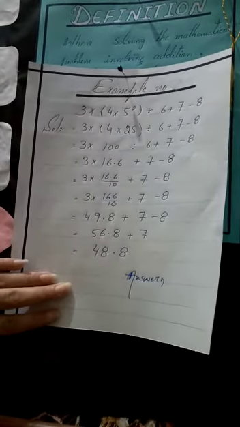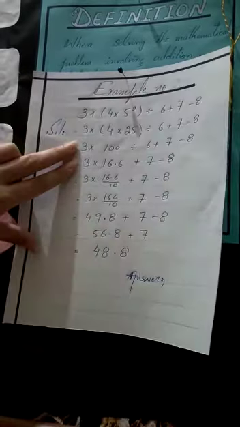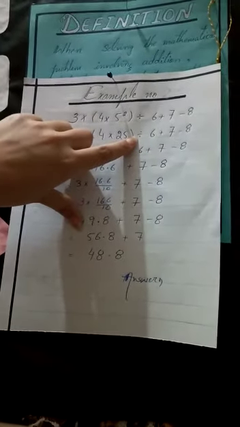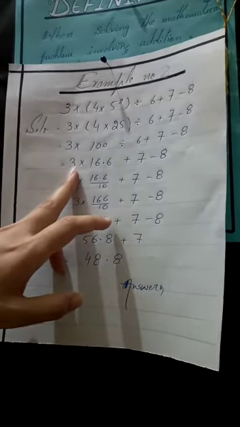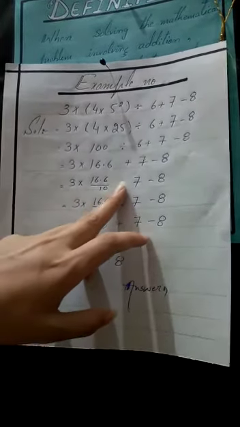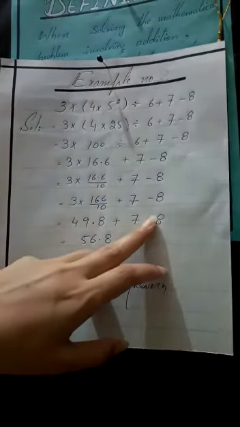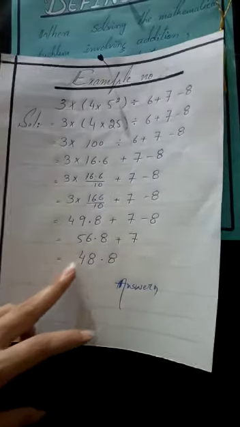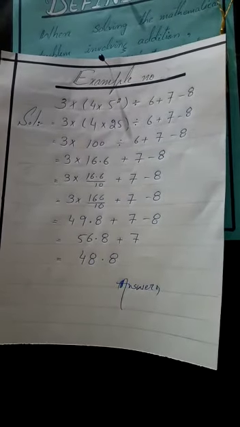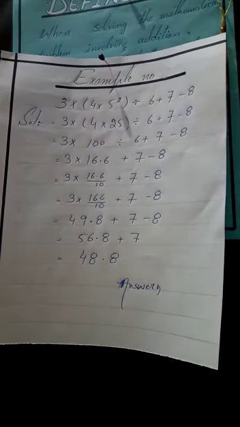After solving the round bracket, we solve division according to the BODMAS rule, and after division we apply multiplication, and after multiplication we do addition, and at the last we do subtraction and we get the answer. If there is any problem, you can ask me questions, and thanks for paying attention.